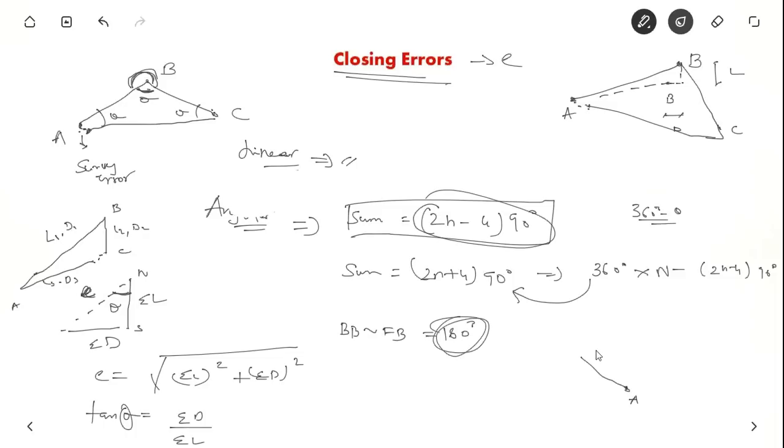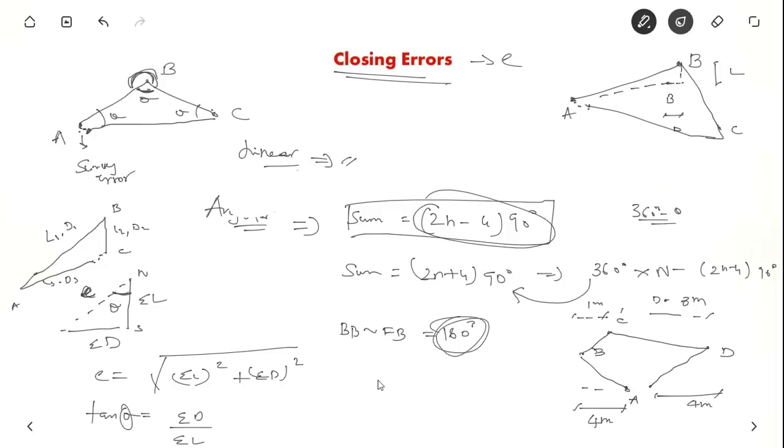you have gone to B, and departure is perpendicular to the reference meridian, so you measure it as 4 meters. From A to B, this measurement is 4 meters. Now from B you go to point C, which you measure as 1 meter. From C you go to point D, which you measure as 8 meters, departure. Everything is a departure measurement. From D you come back to A, which you measure as 4 meters.